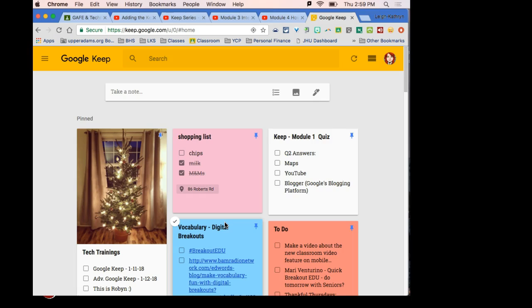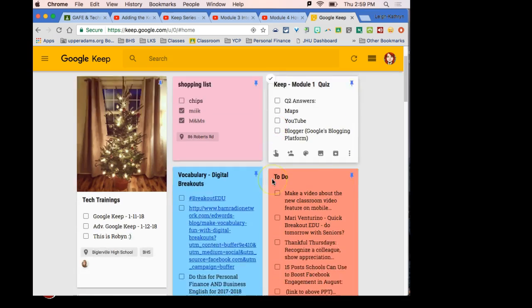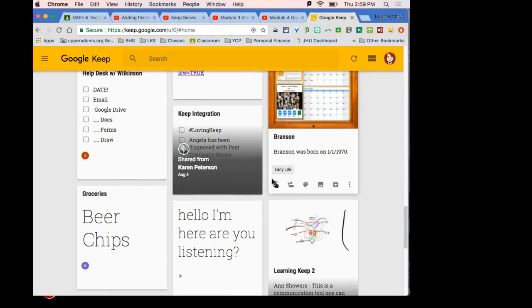Why does it appear you have a duplicate of the big shopping list, the chips, milk, M&Ms, but one is at the top? Because I did them twice. I did a Canvas camp over the summer where we touched on this, so I've done one, and then I did it again when I was recording the how-to.